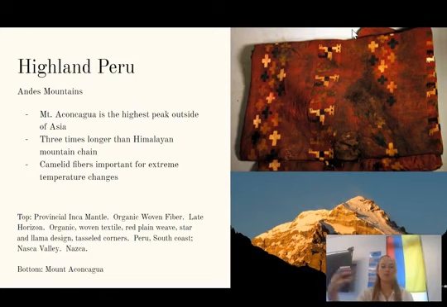So with these hugely wild shifting temperatures within a single day, it was very, very important for these people to have clothing that they could layer to protect them against the elements. So wool is a very, very incredible textile for managing body heat and body temperature. In fact, a lot of hikers and mountaineers today will prefer to wear wool over synthetic because it's so good at regulating your body temperature, keeping you at an optimal heat. So the llamas are very, very important.